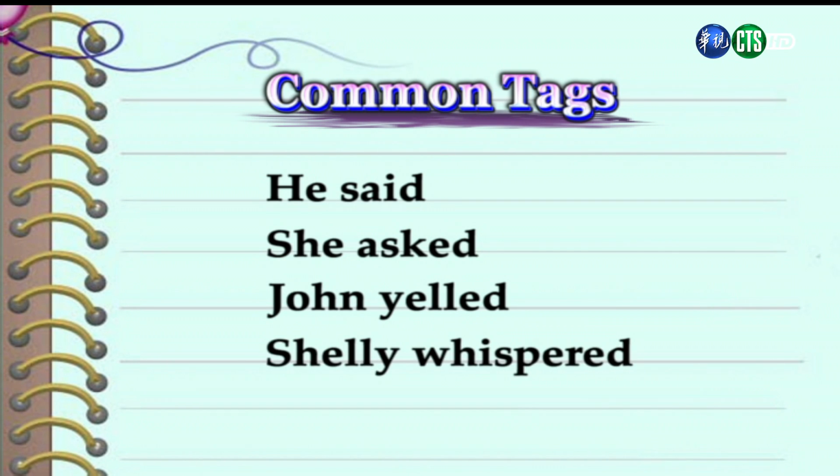And these tags are just two words, the name of the person speaking, and then a word to describe the physical action that's occurring. 好,标签通常包含了两个部分,一个是说话者的名字或者是称呼,另外一个部分则是描述动作的单字。